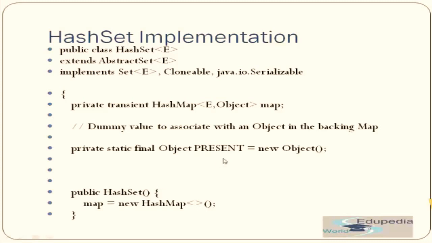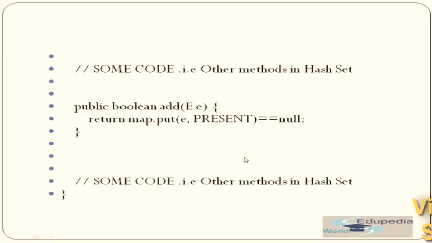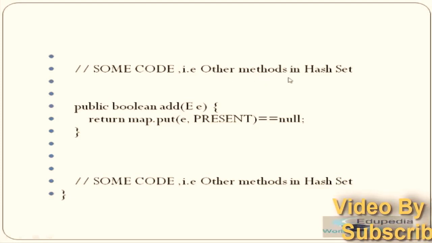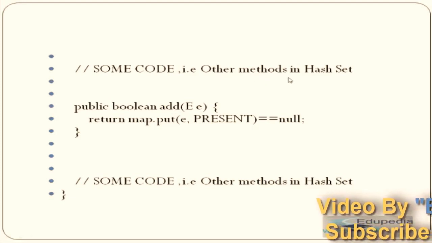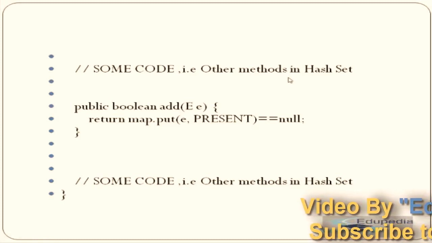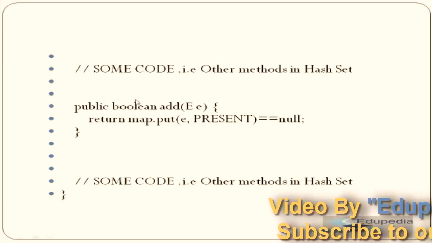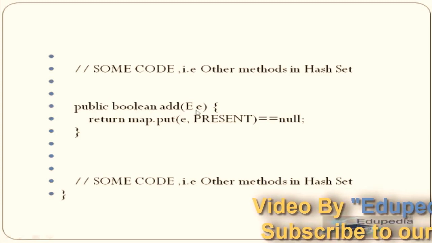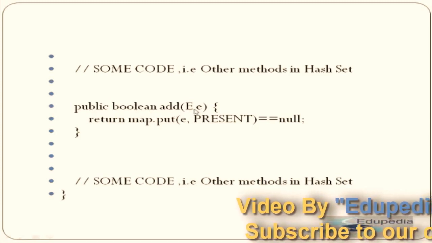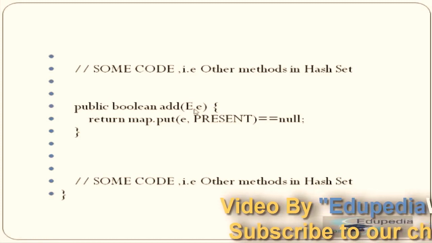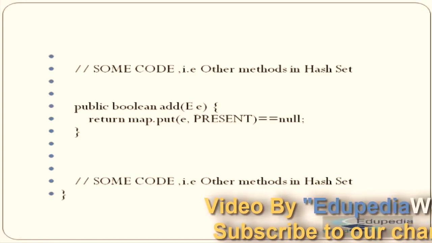Now let's go to a very important method of HashSet, which is the add method. This is the most important method of your HashSet. Definitely, HashSet has many other methods, and I've just mentioned that there are other methods as well. But right now we are concentrating on the add method to see how HashSet actually disallows duplicate elements. The add method is a public boolean method, and it takes an element of type E, that is the same class for which you have declared the HashSet. Let's say if you have declared a HashSet of the String class, then it will take strings.